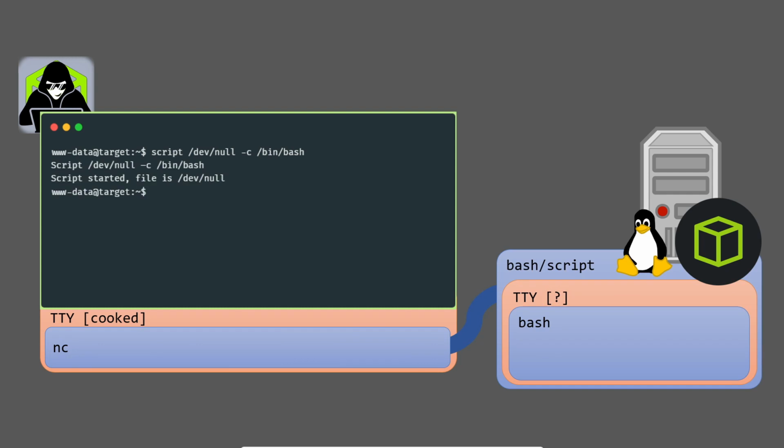On my side, the TTY is in cooked mode. We talked about that earlier. I've got a question mark for exactly the mode it's in. It's not in a particularly clean state, but it certainly works. It's there. Next, we're going to Ctrl+Z, and we're going to background this,